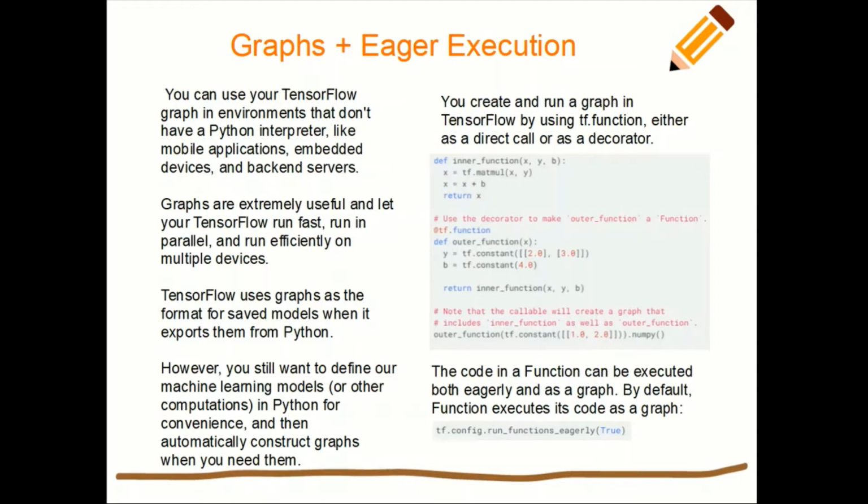But on the other hand, we also need eager execution because it is helpful during development, right? So the question now is, how can we have both? We want the power of the graphs and we want to execute the operations as one unit, but at the same time, when we are developing, we want it to be executed statement by statement. So can we have the best of both? And the answer to that is yes, we can do that. So how do we do that?